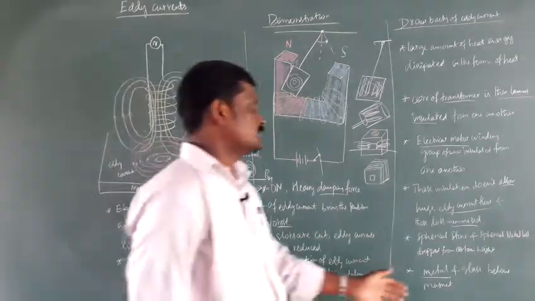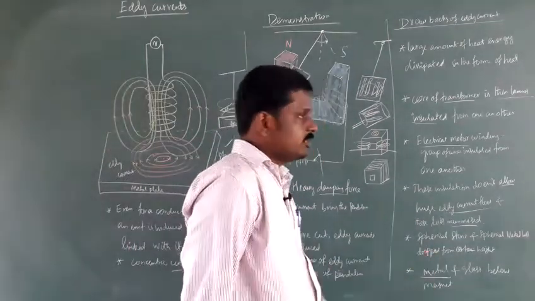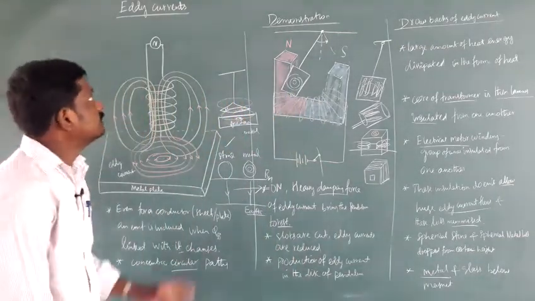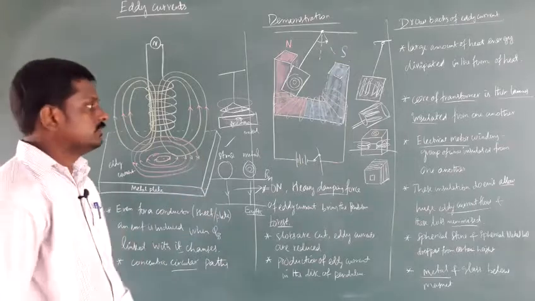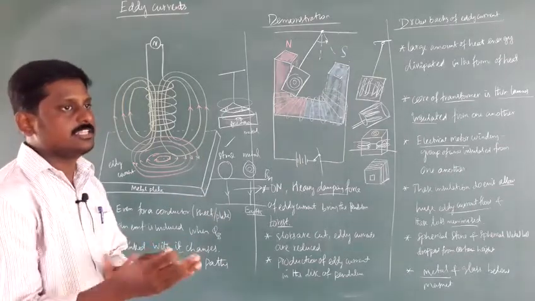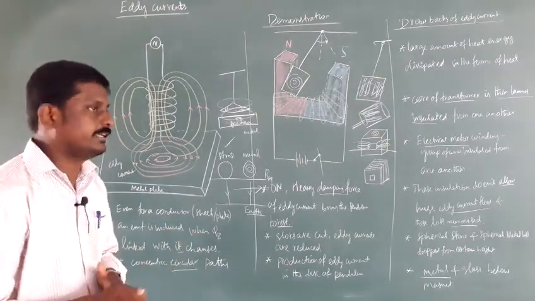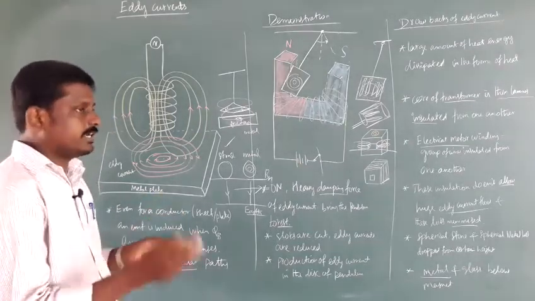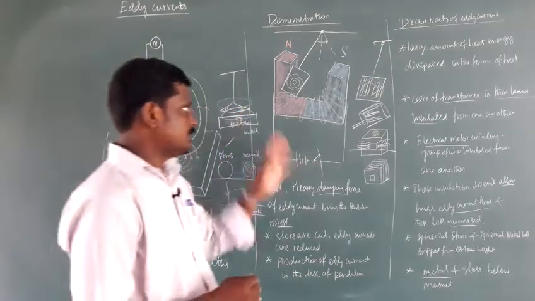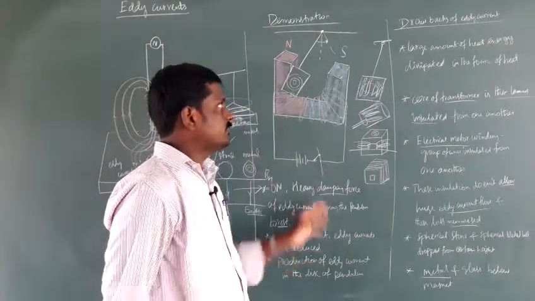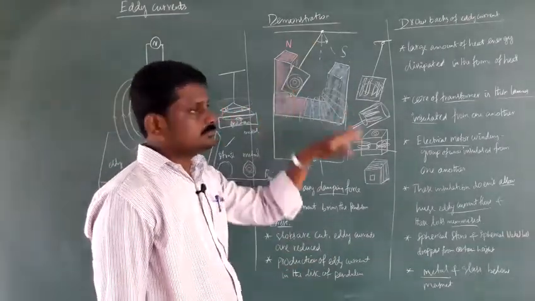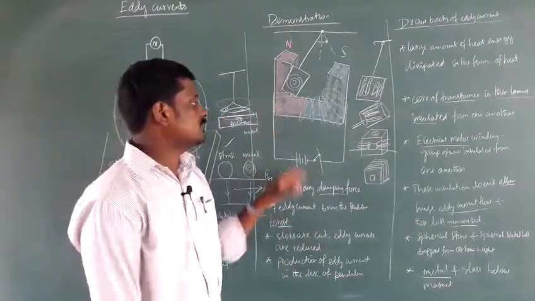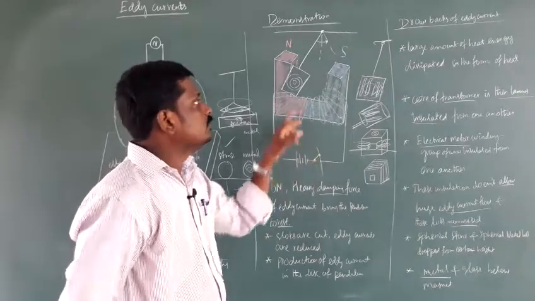These two demonstrations also explain the production of eddy current. So in this class we have discussed what eddy current is: a change in magnetic flux linked with the coil or conductor produces an induced EMF in the conductor. Then the demonstration with an electromagnet and a pendulum: the pendulum comes to rest very fast when it is connected, due to the eddy current.